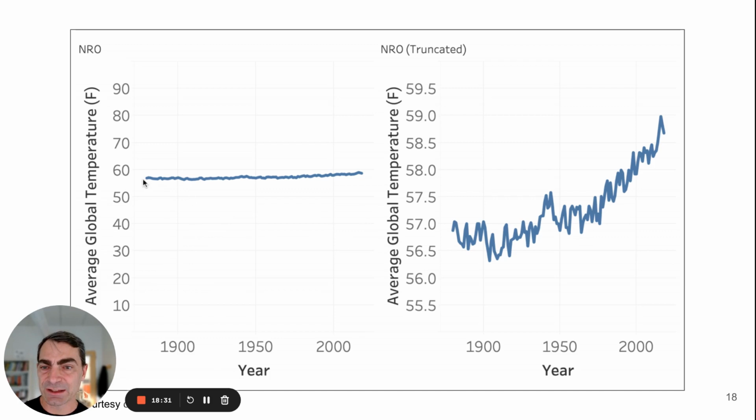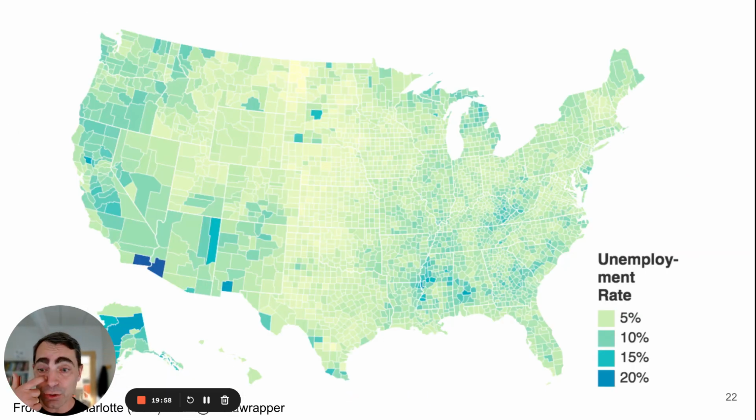When you do that, you have a very flat line that basically conveys the idea that, well, the average global temperature didn't change much. But when you visualize it that way, it's exactly the opposite. It's, wow, it changed a lot. So again, isn't that interesting? It's exactly the same data. It's exactly the same type of plot. The only difference is a little tweak, and it's a completely different message. In fact, it's the opposite message, right? Very powerful. Last one I want to show is